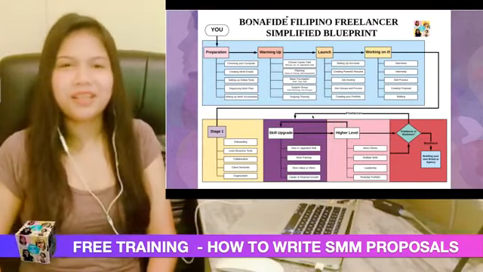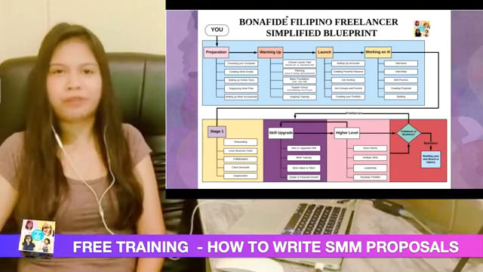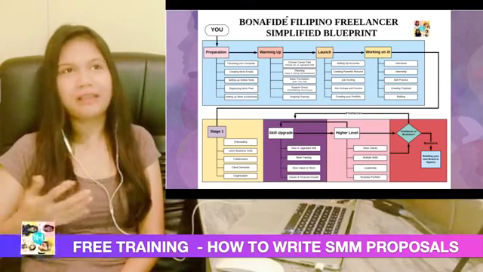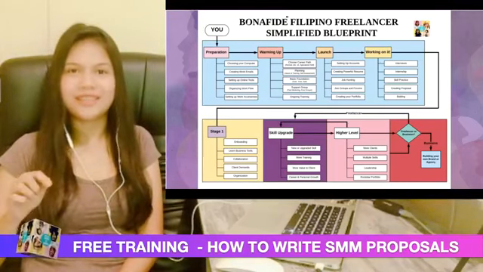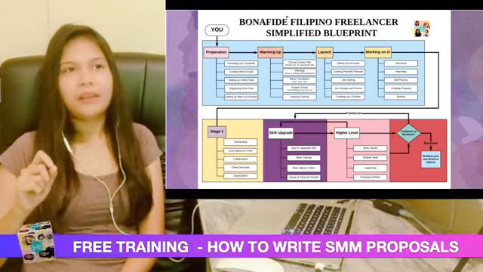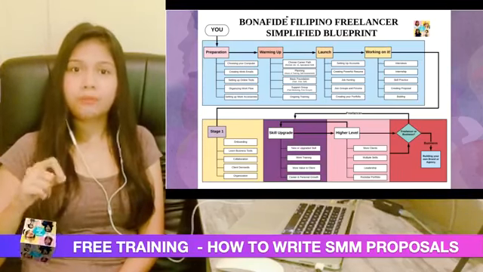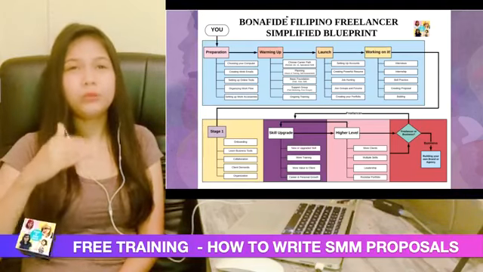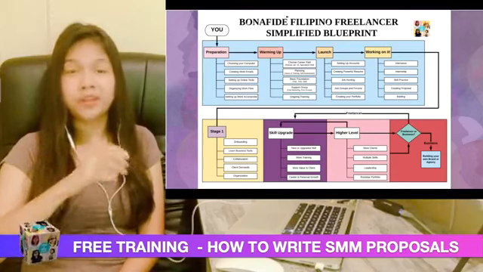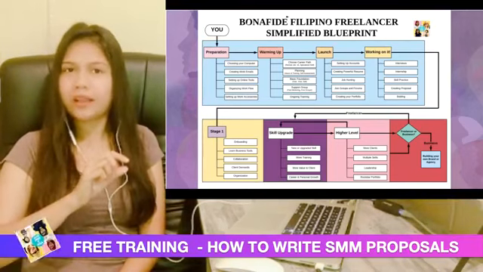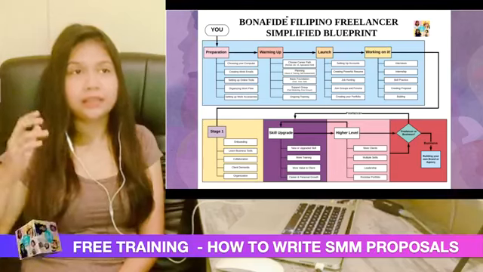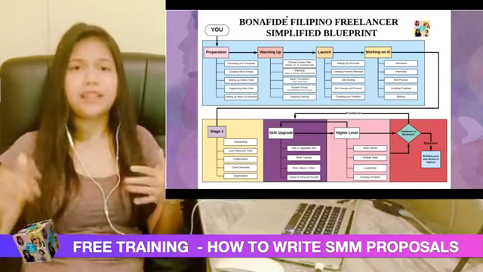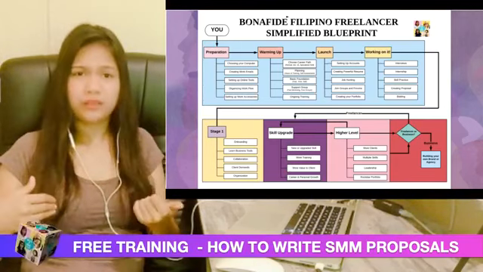Alright? So, let's go sa foundation. Sa foundation ng SMM virtual assistants or mga virtual professionals, a social media manager can also be a virtual professional or a virtual assistant. That means, kapag ikaw ay social media manager, you are somehow a virtual assistant because tinutulungan mo yung mga clients mo on a specific task, right? But a virtual assistant is not really like that. Kaya sinabi ko, like a virtual assistant, yung mga SMM. But a virtual assistant, this person is doing administrative tasks.